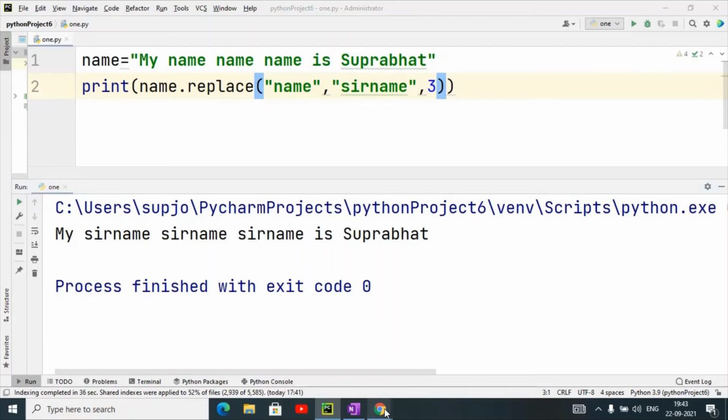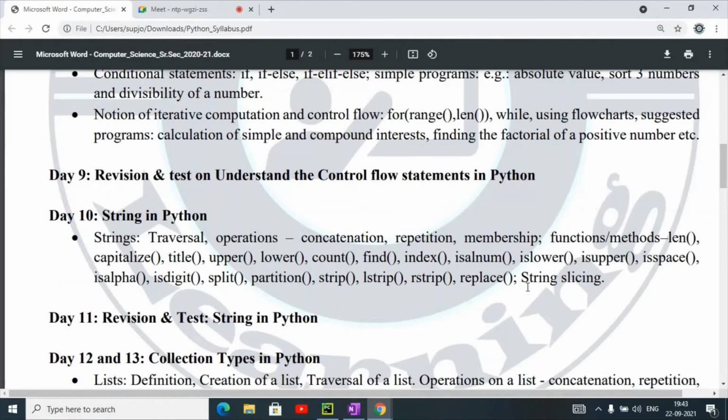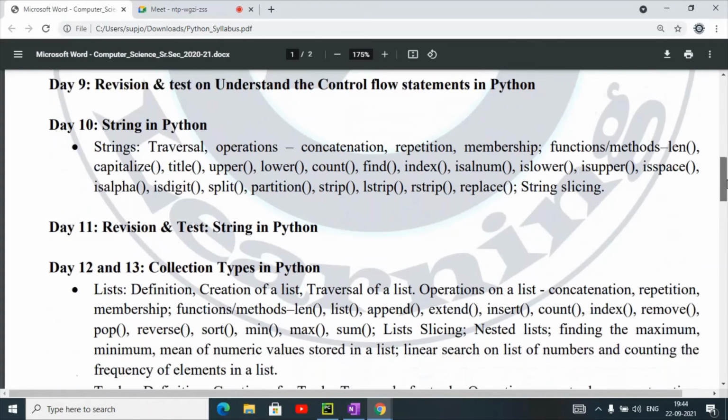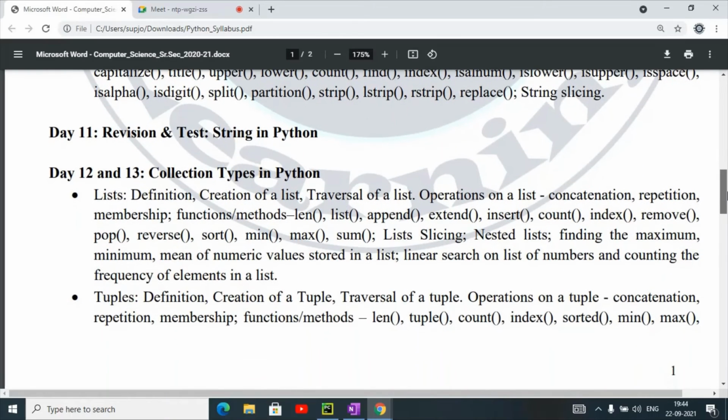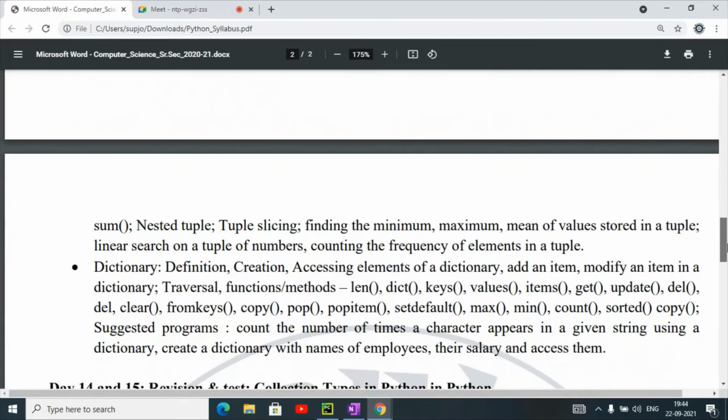Now next we are going to discuss string slicing. What is the meaning of slicing? This is a very important topic, because we will also use slicing in list topics, where we discuss list slicing, and in tuples also we have to discuss slicing.